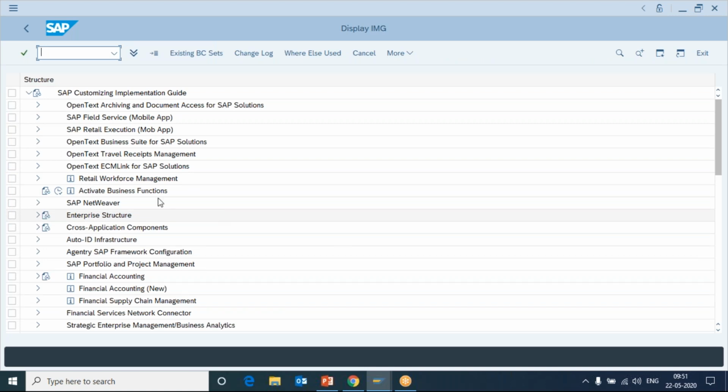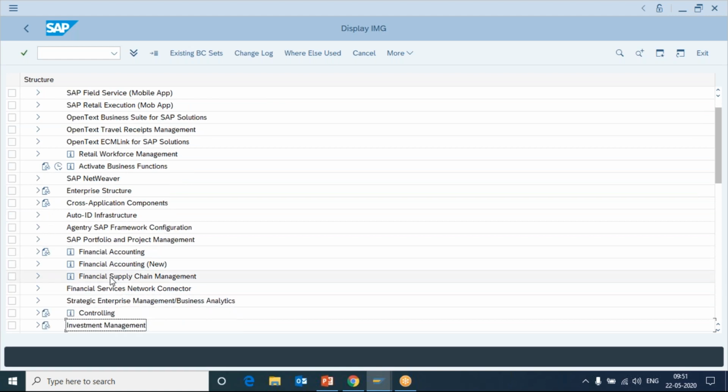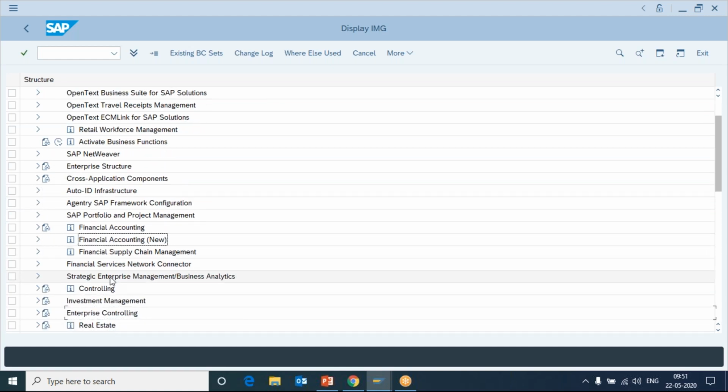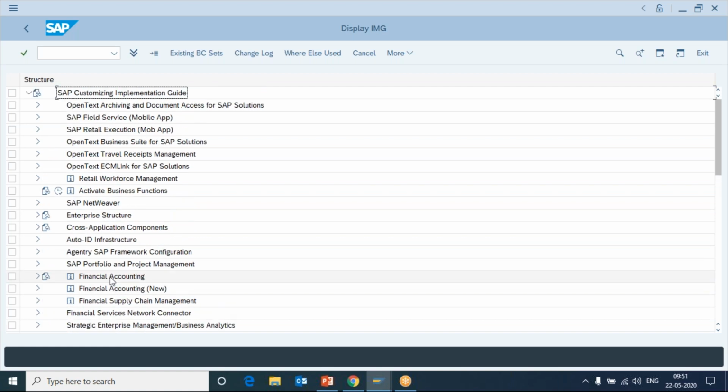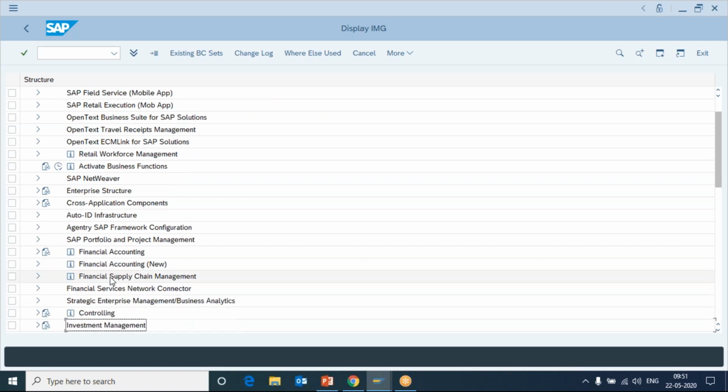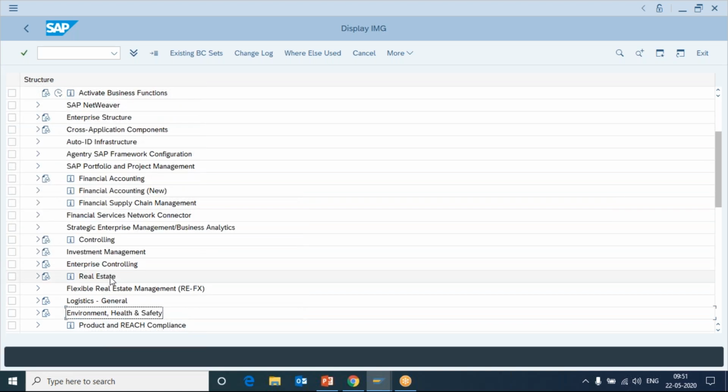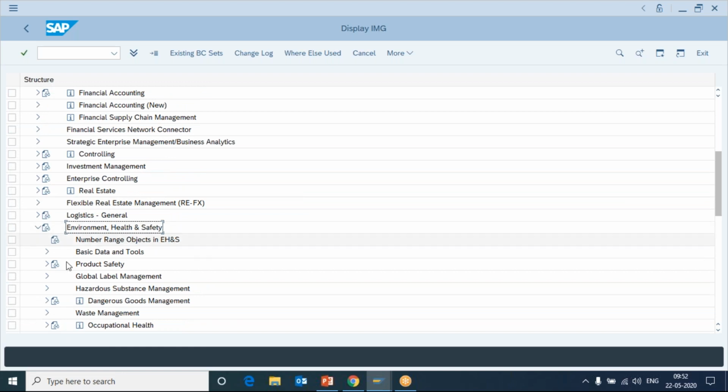Guys, can you see my screen? Is it visible to you? Yes. Okay. See, this is a demo system wherein all our practical sessions will be done. We have all the components available related to finance or other areas of applications of SAP, like logistics, warehouse management, material management, all that. But we'll be basically dealing with EHS. So this is where we will work.